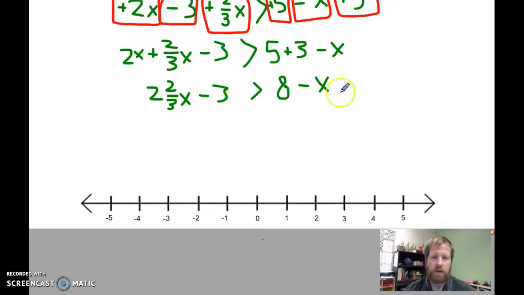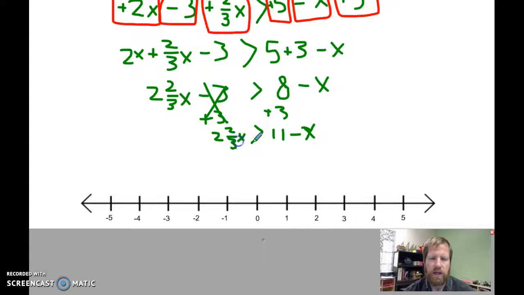And now I can start to isolate my variable and move my constants over to the same side. So I'm going to start with 3, add 3, add 3. Those will cancel, and that'll be 11. X. And I have 2 and 2/3 x. I'm going to add my 1x to both sides, add 1x, cancel, and I'll be left with 11 on this side